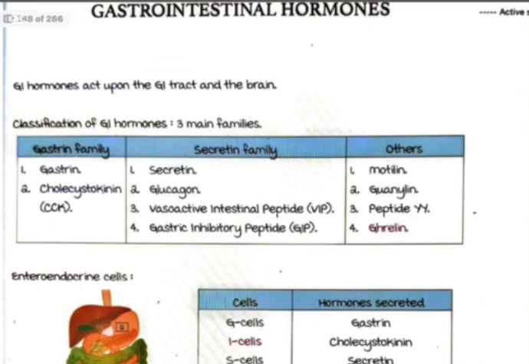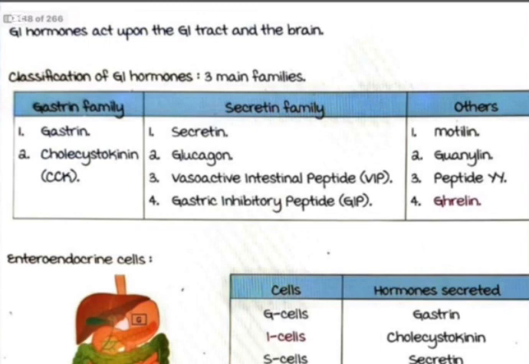Gastrointestinal hormones. GI hormones act upon the GI tract and the brain. Classification of GI hormones is in three main families: gastrin family, secretin family, and others. Gastrin family has gastrin and cholecystokinin. Secretin family has secretin, glucagon, vasoactive intestinal peptide (VIP), and gastric inhibitory peptide (GIP). Other hormones include motilin, ghrelin, peptide YY,